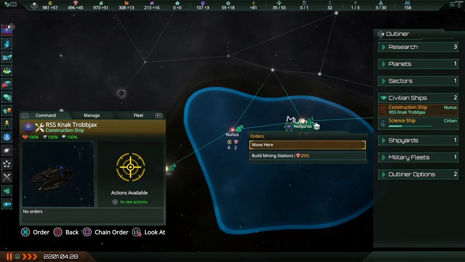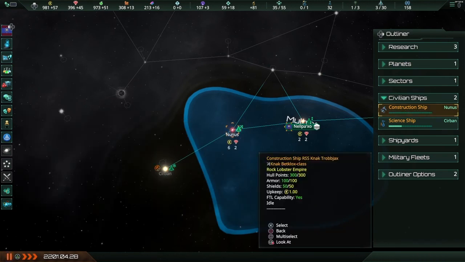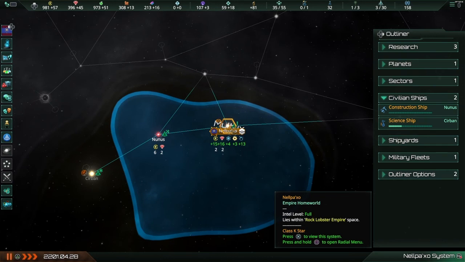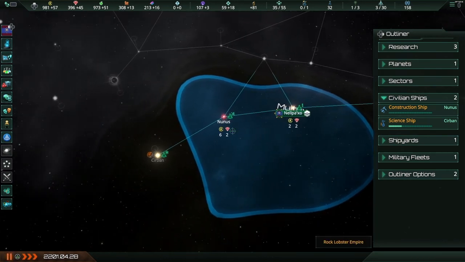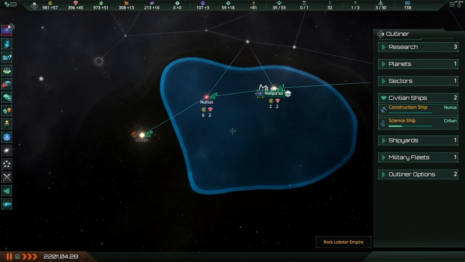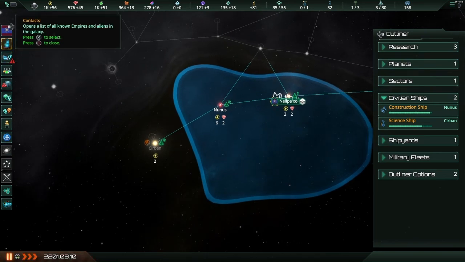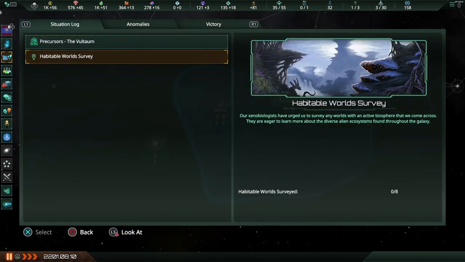So, since he's here, I'm going to go ahead and build this mining station. I almost sent him back to the home system to build there first, just to finish that off. But we'll get to that in a minute. I'm not going to forget about that, I think. We'll see. Situation log updated. I'm going to skip a lot of these kind of things that come up because right now I'm just kind of focusing on